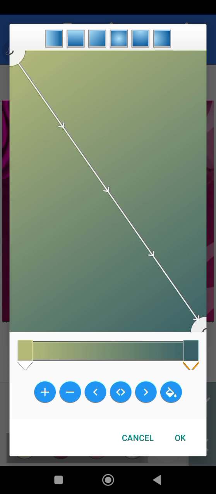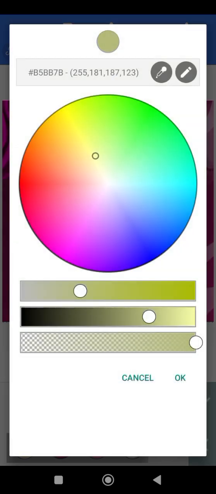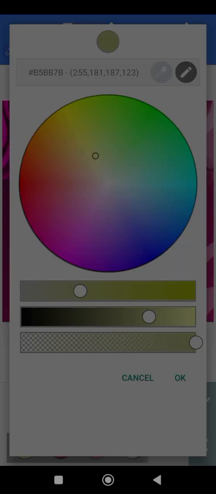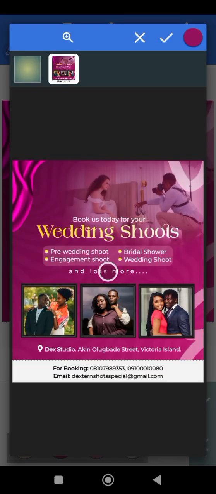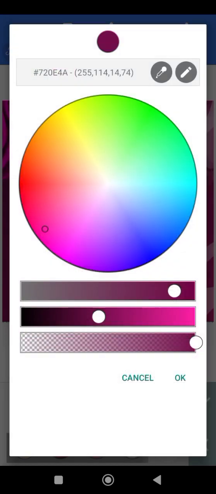I'm going to click this first color panel, click on the bucket tool, and pick the color. I'm just going to click on this eyedrop tool here, and click on the flyer. Okay, and I'm just going to pick the first color. Now remember, the gradient style we used is a slant style. So I'm going to pick the color from here first, and I'm going to mark this and